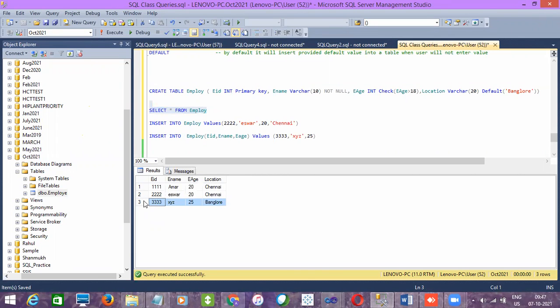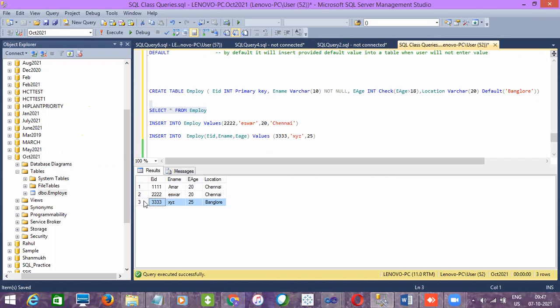Clear, guys? Did you all get the clear picture of what constraints are and when we use them? So primary key, I'll repeat it. Primary key will not allow null values and duplicate values. Not null will not allow null values; we have to enter a value for a not null constrained column. Check constraint will check the condition you had given before the data is inserted into the table.